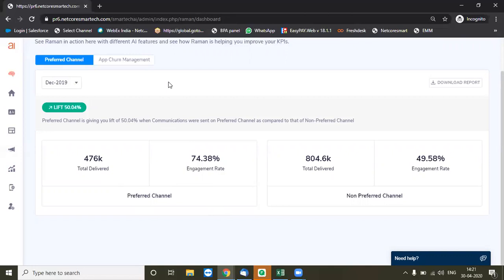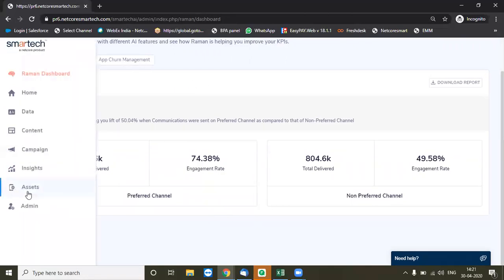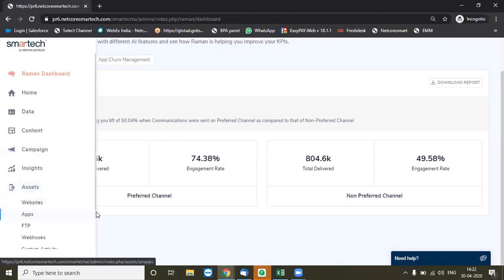And second thing, coming to the asset management part of the platform. So this platform has a single asset management location wherein it can connect with your website, your app, your FTP locations, your webhooks. For the same customer, you can connect multiple touch points of them in a single location.